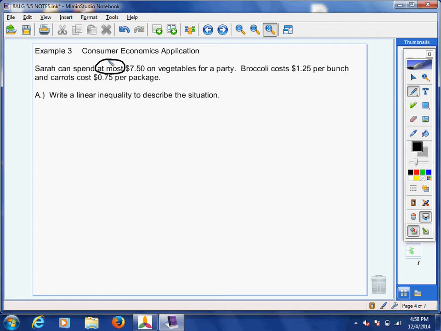At most indicates an inequality. We've talked about these before, okay? So at most is what she can spend. That means she's got $7.50 and no more than that. $7.50 is her cap. She cannot go over $7.50. So right away, I know that this should end up being less than or equal to